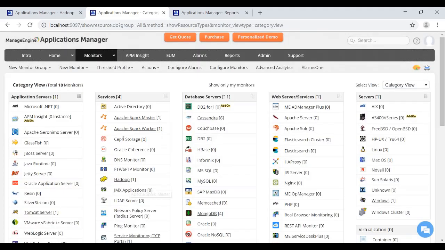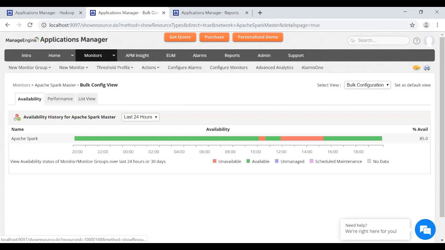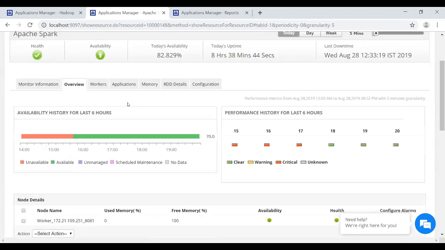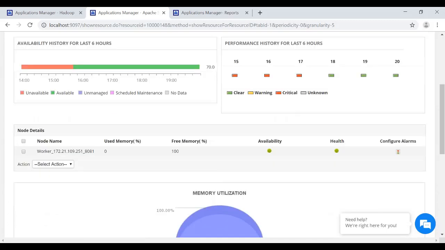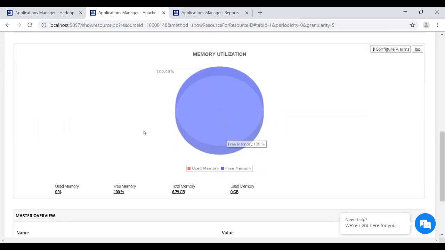Let's take a look at Apache Spark while we're talking about big data technologies. I have a Spark instance right over here. So what I'm doing now is I'm on the inside of the Apache Spark master node, and let's check out a few details in the master node, and then we'll take a look at the worker node as well. In the overview tab, there's only one worker, so you can see right here the worker node or the executor is listed here along with its availability and health status. Memory utilization right over here is a very, very important metric to monitor, and the overview of your